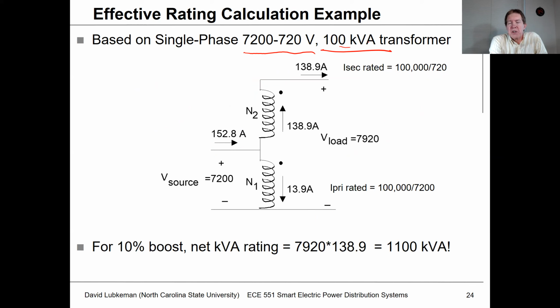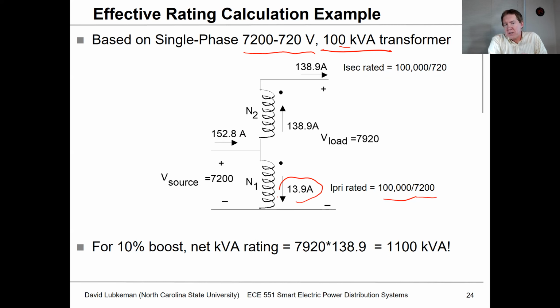So let's take a look at what would be the power handling capability of this device if it were connected up in an autotransformer relationship. So what you're going to have is the primary winding. It's rated for 7,200 volts. If you take the 100 kVA divided by 7,200, then we would see we could carry 13.9 amps in